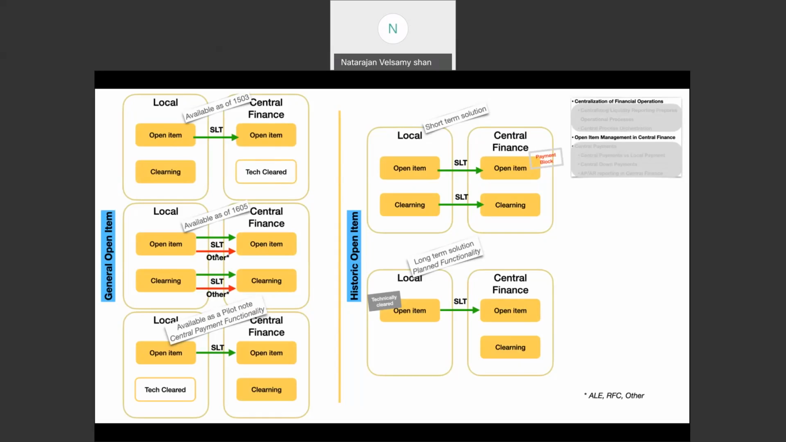Then from version 1605, both open items and clearing can be moved to central finance. Open items are moved with the help of SLT or other options like ALE or RFC. Then now the new functionality, the central payment functionality,